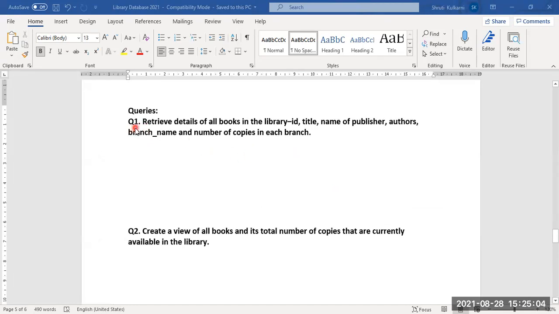So the first query, what exactly is a query? Before proceeding with solving the queries, a query is nothing but a question. From the different tables you want to fetch the values and produce them in one single table as an output. Like you are having table 1, table 2, table 3, whichever columns you are interested in from the respective tables, you just want to fetch them and provide them in a single table.